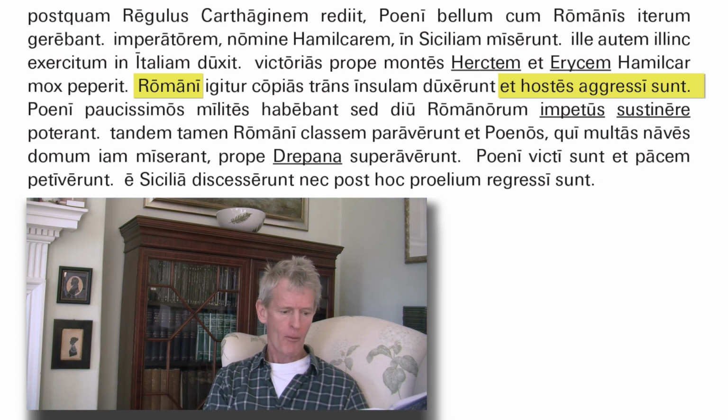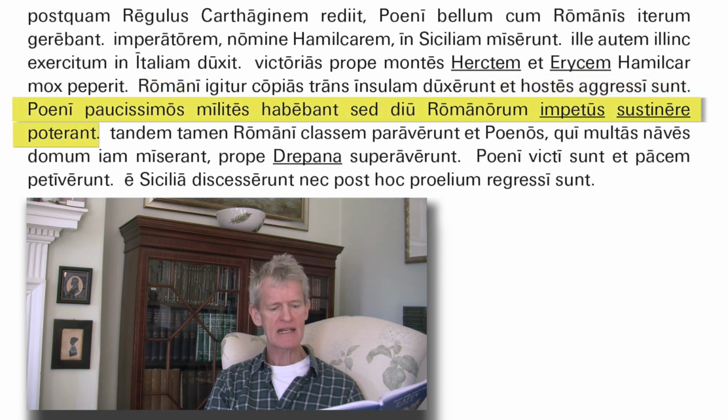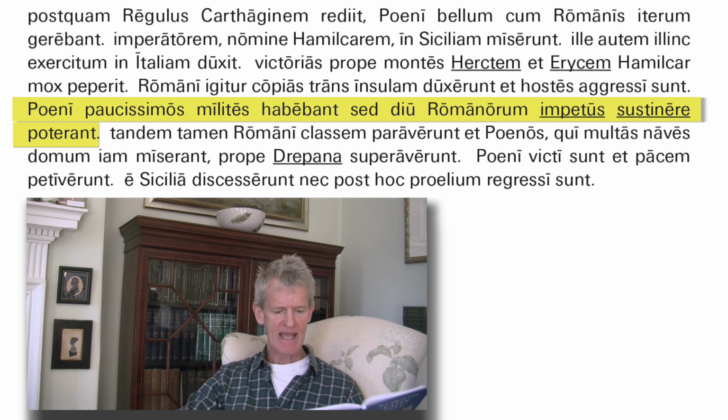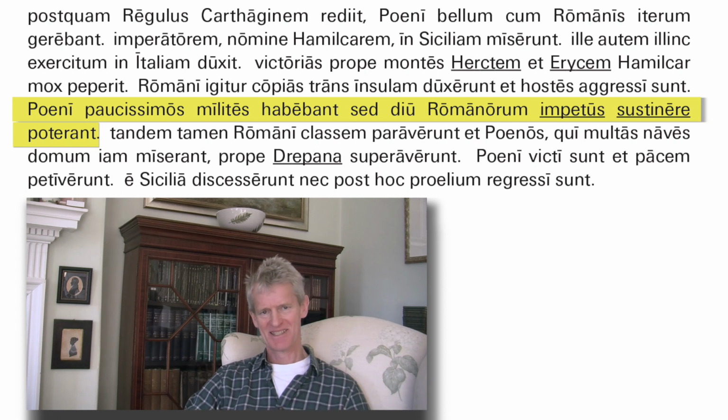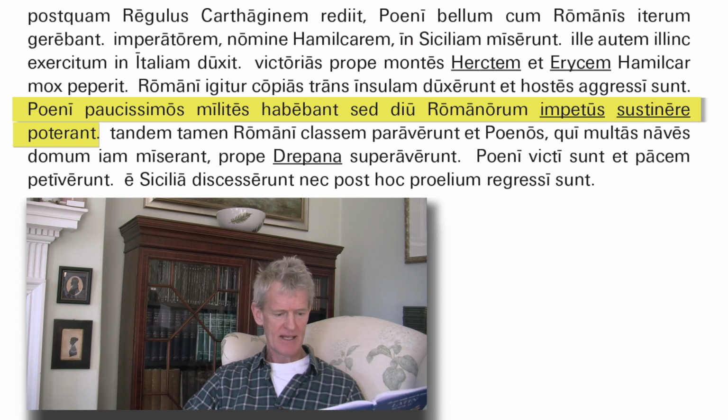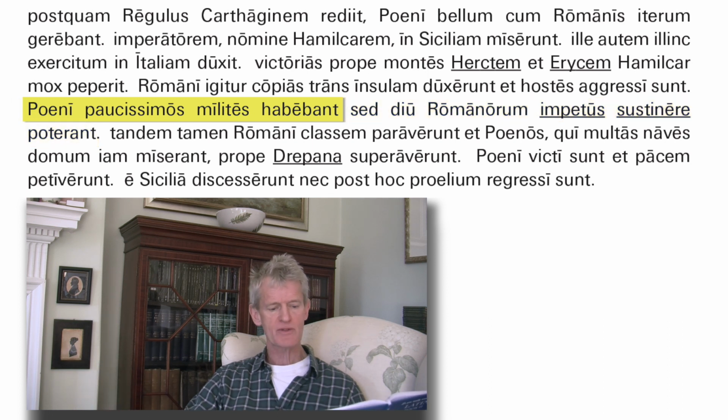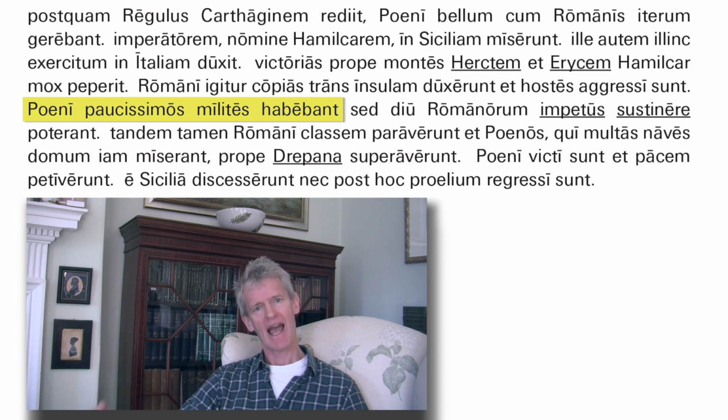Okay, on we go. Poini paucissimos milites habebant, sed diu Romanorum impetus sustinere poterant. Well, it just shows how much we've done here. Okay, so we've got poini paucissimos milites habebant. Habebant, verb, third person plural. Subject will be a noun in the nominative plural, and we've got poini. So the Carthaginians, habebant, had